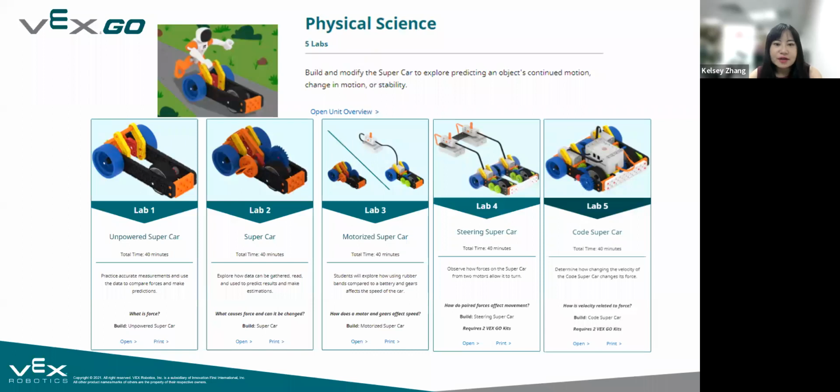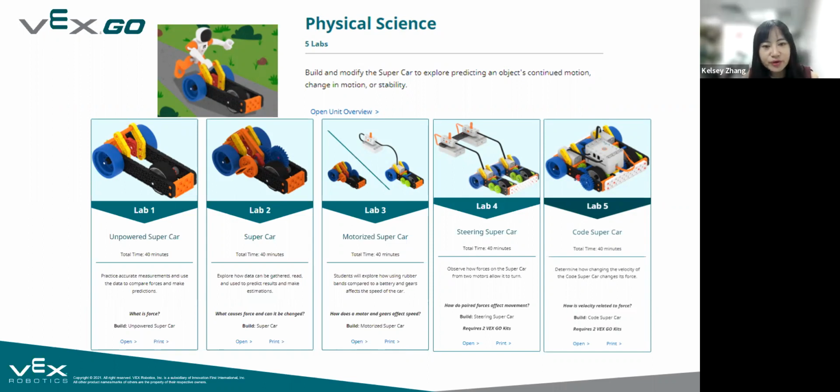Here is just another example about VEX Go STEM Lab lessons. This STEM Lab unit is called Physical Science. I put it here because I wanted to share with you the learning progression. We have 5 labs in this unit. Lab 1 is about an unpowered supercar; we want students to build this unpowered supercar. Lab 2 is the supercar with other functions.